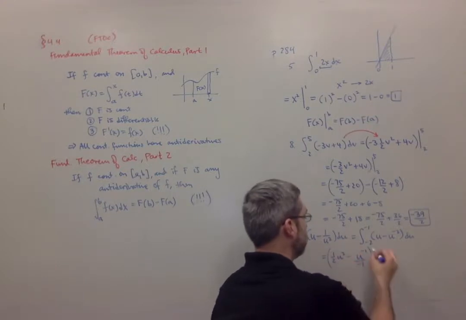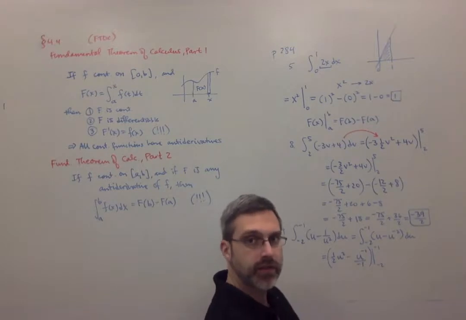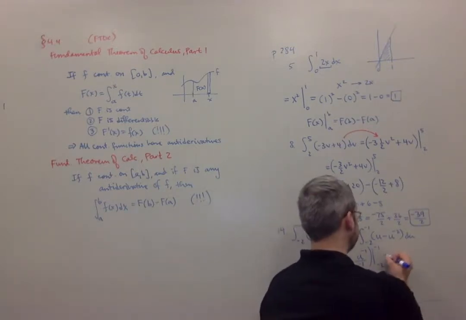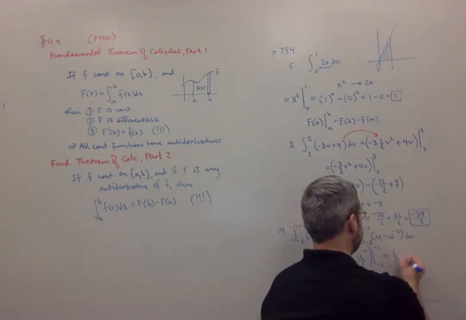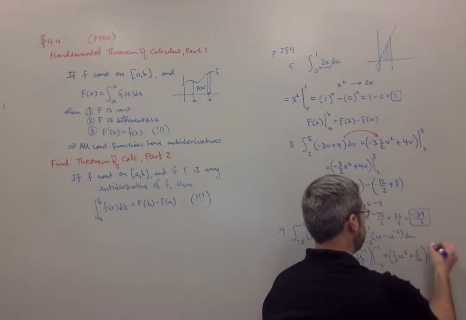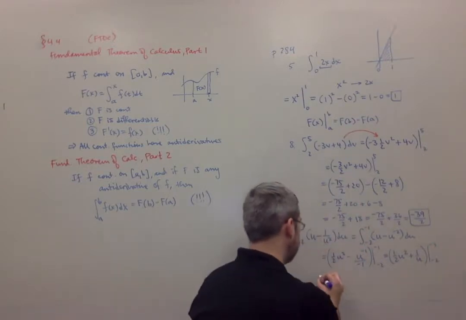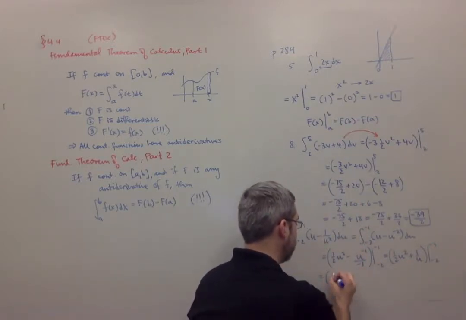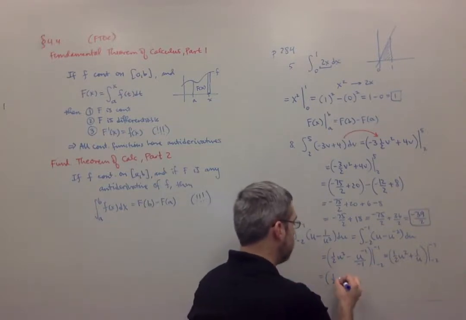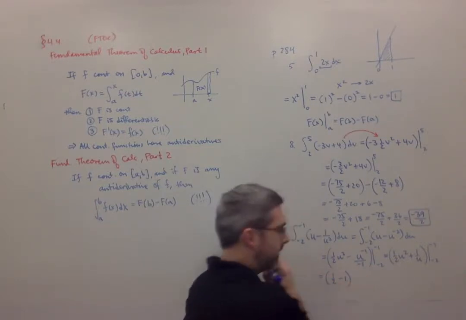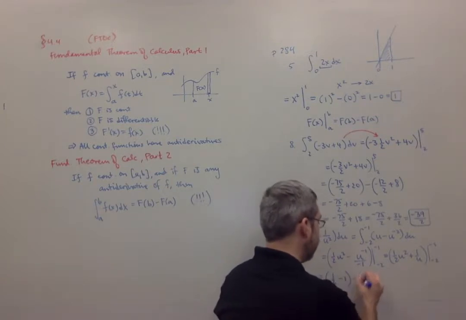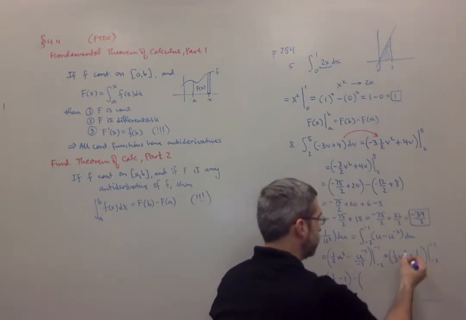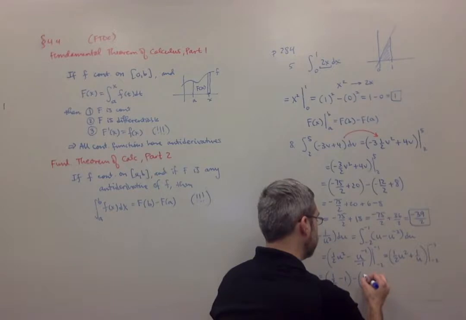Okay. Then we're going to plug in negative 1 and plug in negative 2. So let's keep going on that. We've got 1/2 u squared plus 1 over u. That's what we need to plug into. So if I plug in negative 1, what I would get is 1/2 minus 1, minus, and if I plug in negative 2, negative 2 squared is going to be 4, so 4 over 2